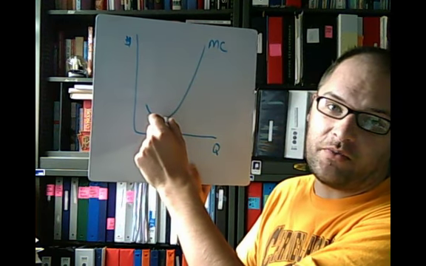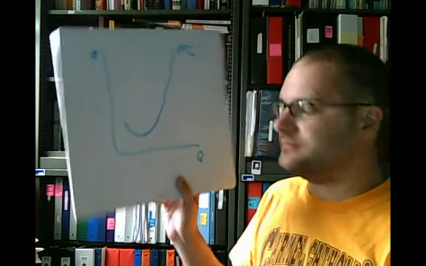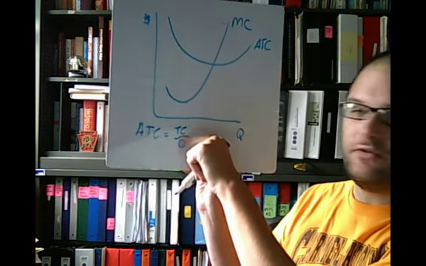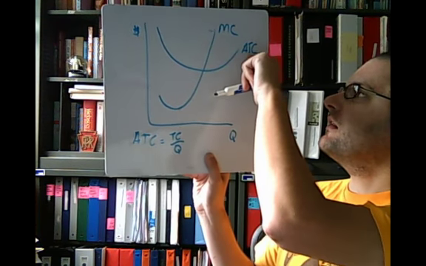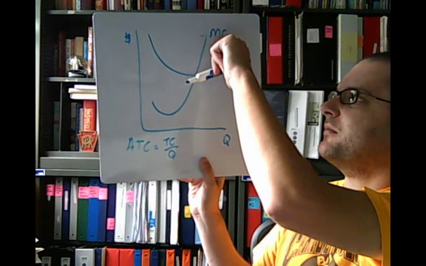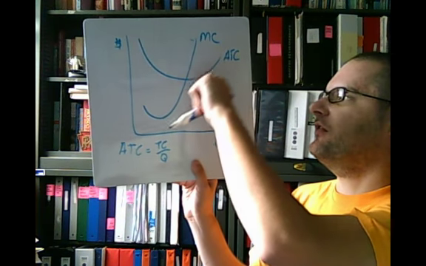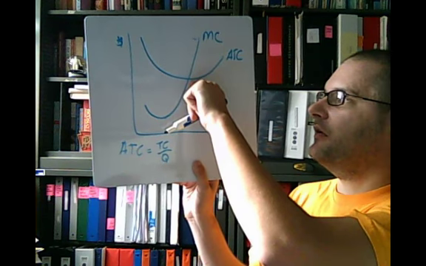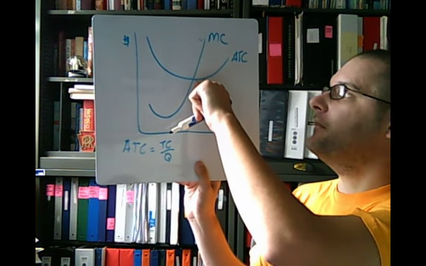That's where our workers are very, very productive, but then it starts rising. Now, we can talk about the ATC curve, or the average total cost curve, which would be the total cost over the total quantity, right? If we just divide those two, the average cost per unit. The way that mathematics works is that the marginal cost curve must always intersect the average cost curve at its minimum. Okay, so if that's happening, right, and this is U-shaped here, then we could also describe what's called the